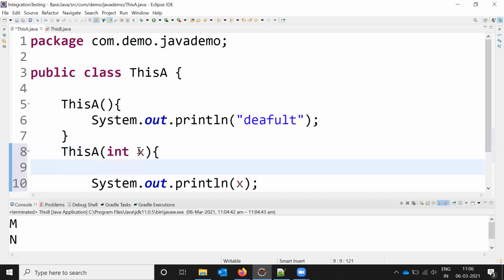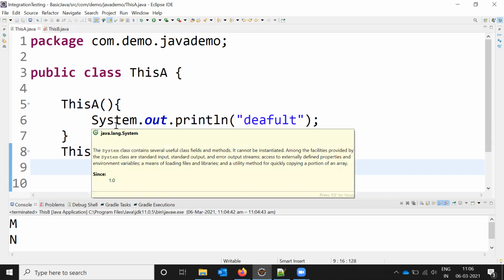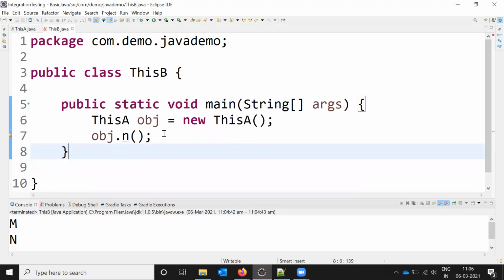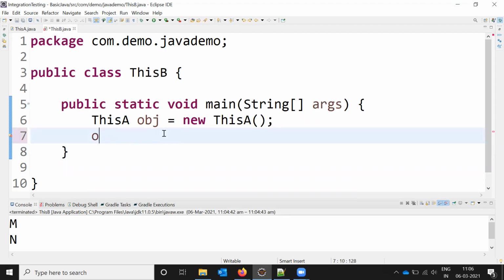Also here I'm going to call this directly, not calling the default constructor by name, and I'm just going to use this keyword, but I'm not going to pass a value here. Now here I'm going to declare a value.